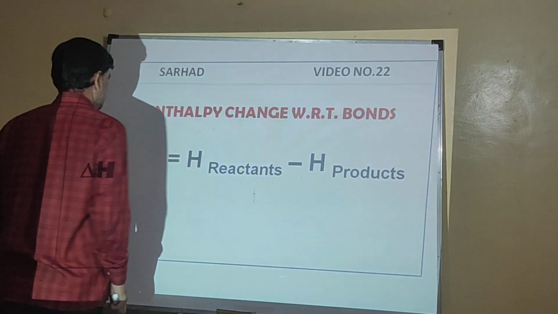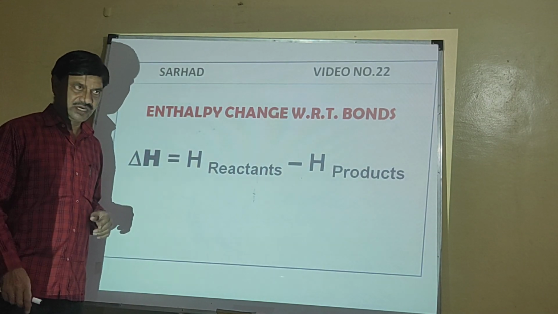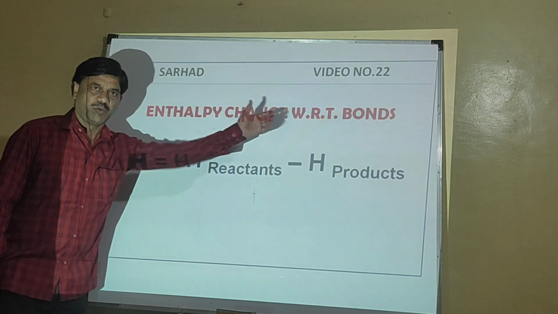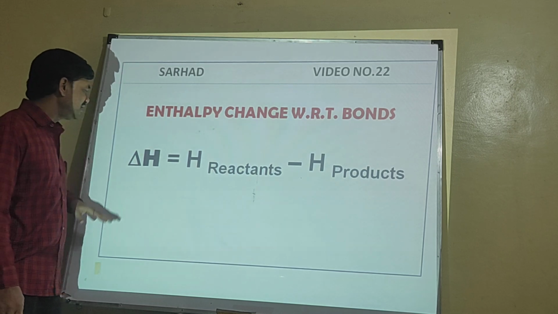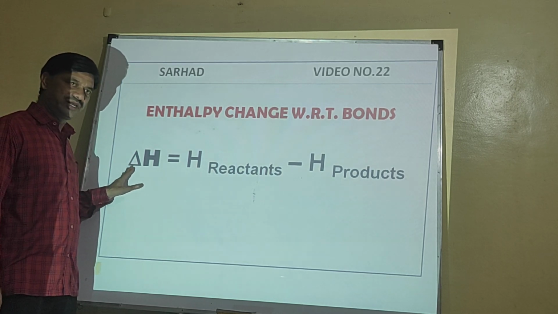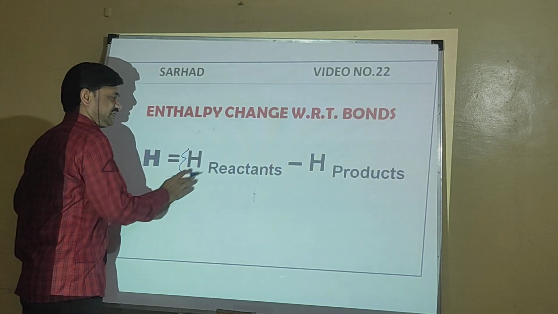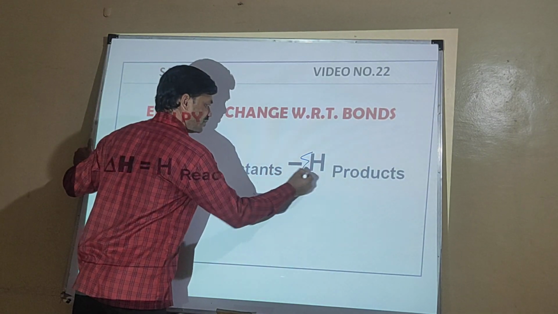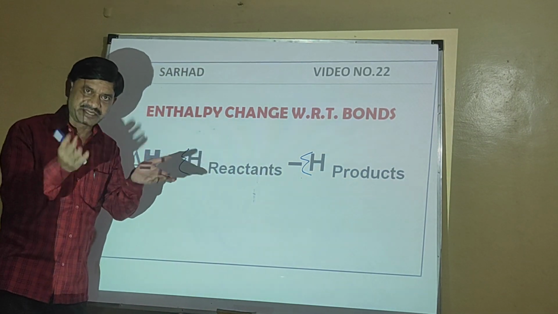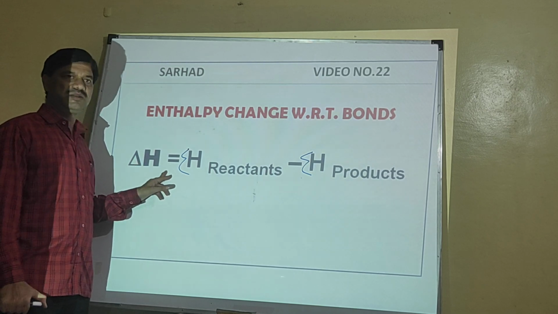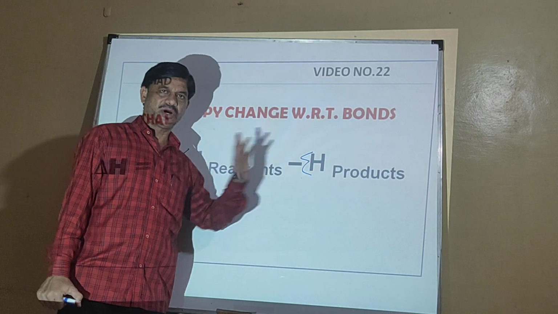Now check another important point. When we are dealing with enthalpy change for a reaction or enthalpy change for bonds, that is, the breaking and making of different kinds of bonds in a chemical reaction, what can we make use of here? Del H is nothing but, what is this? Summation del H of reactants minus summation del H of products. So remember, in case of bond breaking and making, how do we calculate the enthalpy change? Summation for reactants, summation for products.